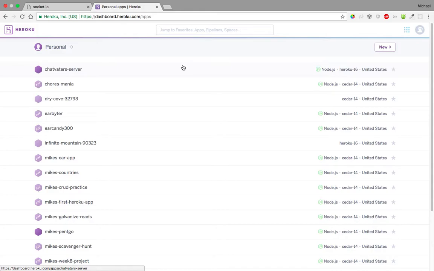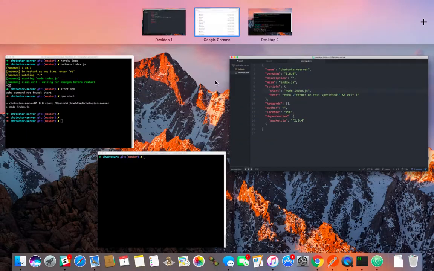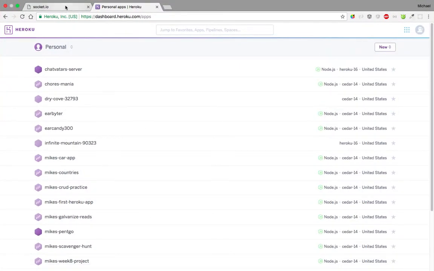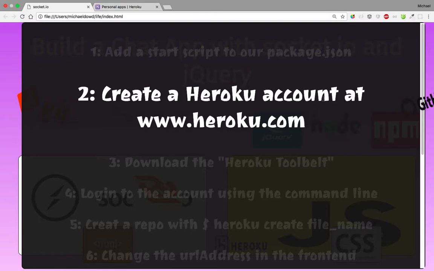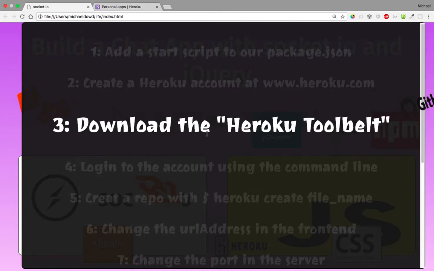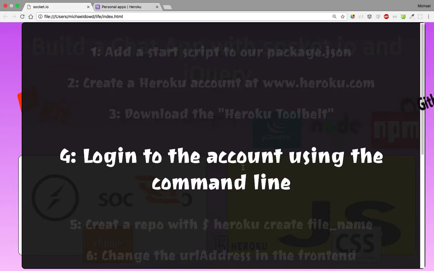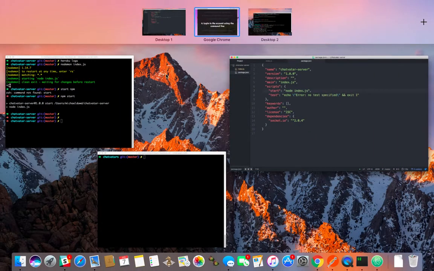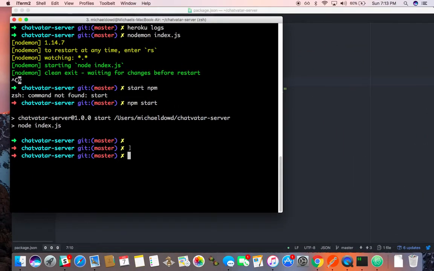So go here, create an account. I don't want to get ahead of myself over here. Oh, right here. Create a Heroku account at www.heroku.com. Okay, been there. Download the tool belt. Like I said, that's what lets you use the command line. Okay, and then log in to the account that you just created using the command line. So I'm going to switch to the command line. So here in chatvatars server,